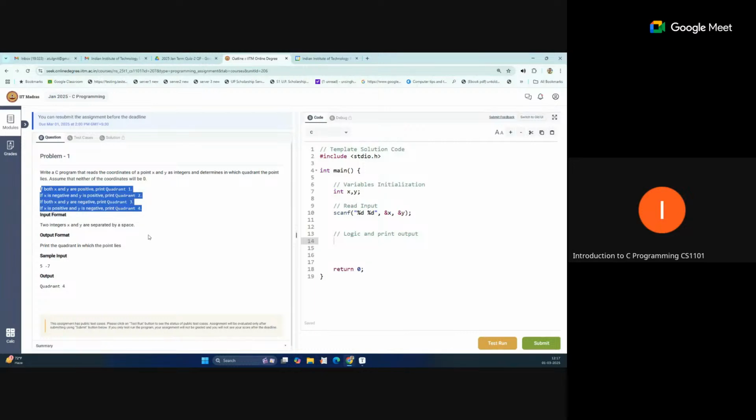Okay, so if both are positive, how will you write a condition for this? Because these are the four conditions, all should be checked one by one. If the first condition is satisfied, then another condition should not be checked. So we can write this complete structure with the help of if else like this. Okay, so if